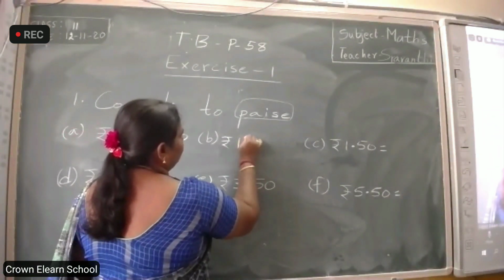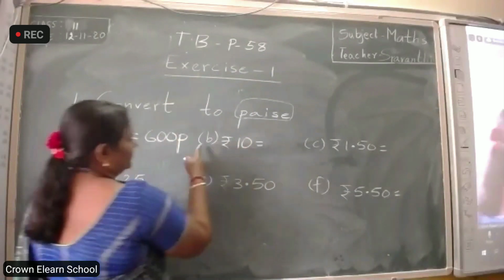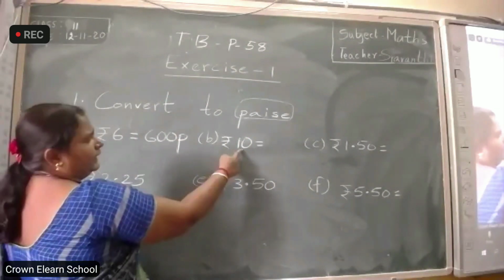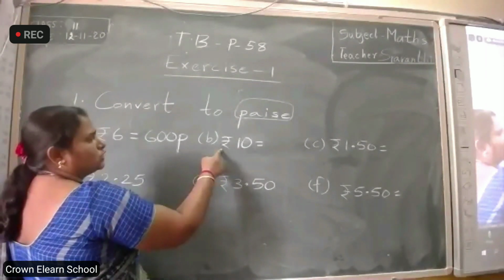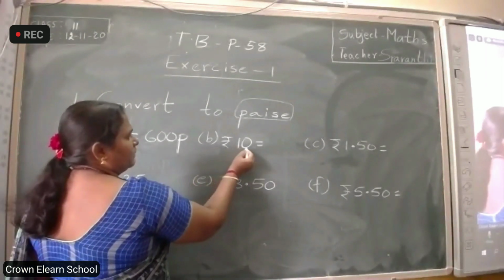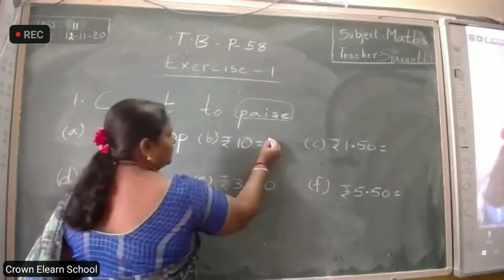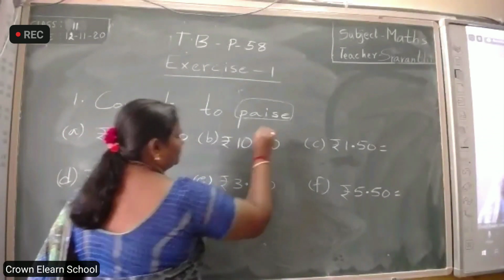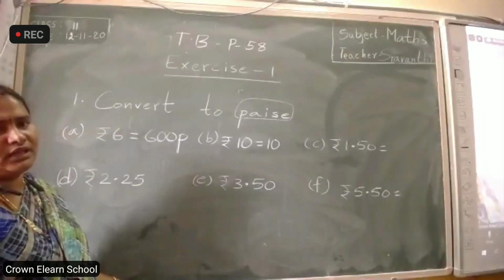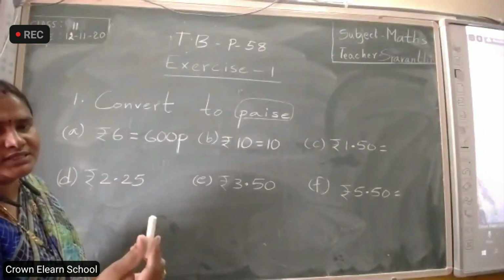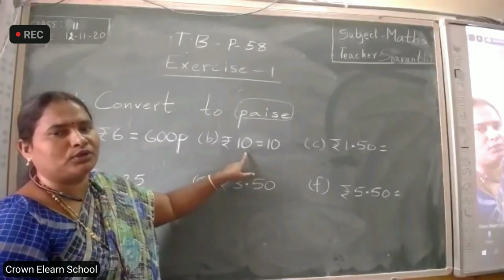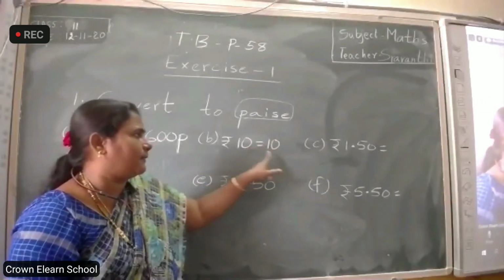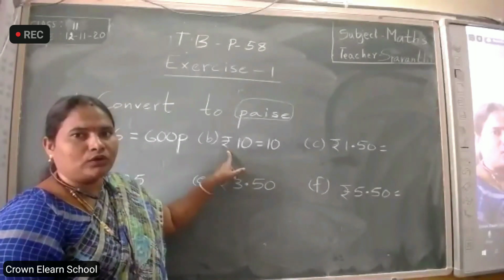So let us change this. What is the given sum? See all of you, B: 10 rupees. So what do we have to do? Same 10. The number of rupees is 10. So write the same 10 here, same 10 in the answer. Are you writing with pencil in the textbook? You need to write in the textbook itself. You have some space after the sum. There only you write.